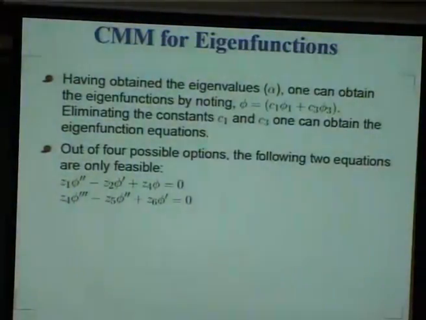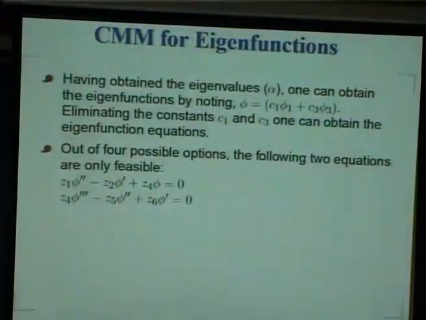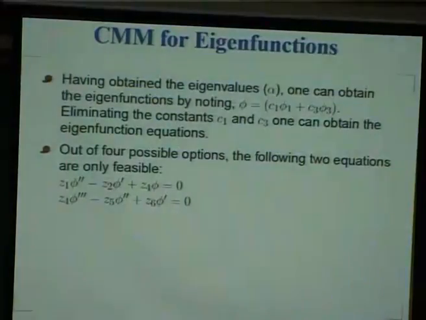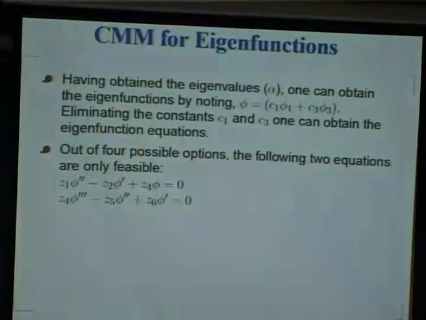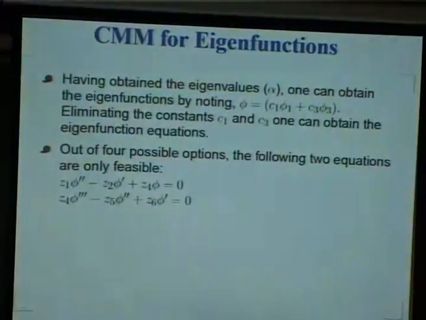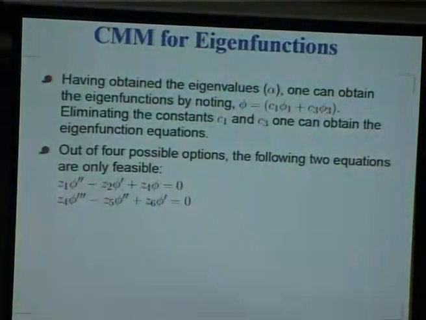You would also notice one curious fact: if your system is defined by a 2nd order ODE, your compound matrix method is very easy to work out. You will find out that it converts into a single equation. So, for a 2nd order system, you have a benefit. For a 4th order, you actually go from 4th order to 6th order system. For a 6th order system, you go to 62 equations, and it